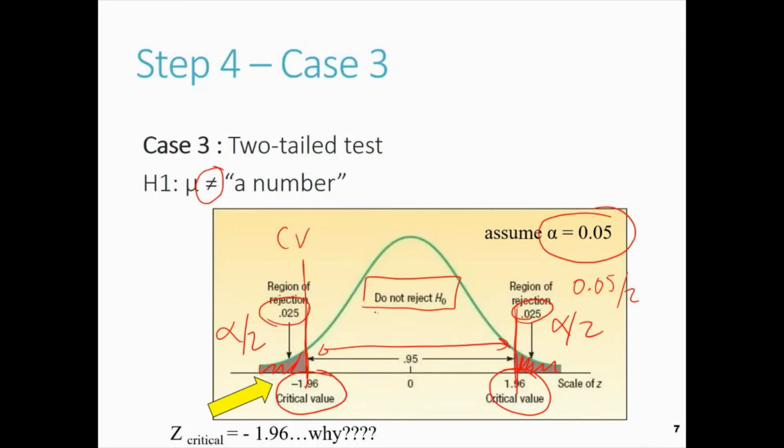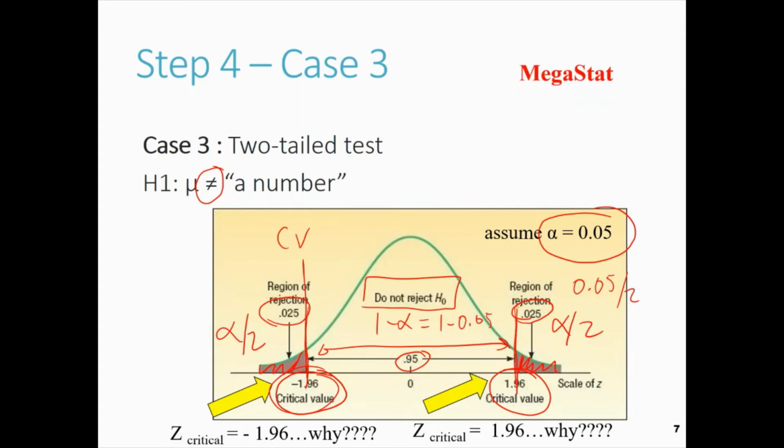That means that the area in the middle, which is the area of do not reject H0, is again 1 minus alpha. They are complementing each other. So it's 1 minus 0.05 and it's your 0.95. So the critical value is not 1.65 as before, it's 1.96. Let's figure that out